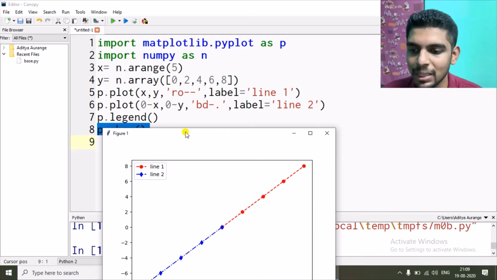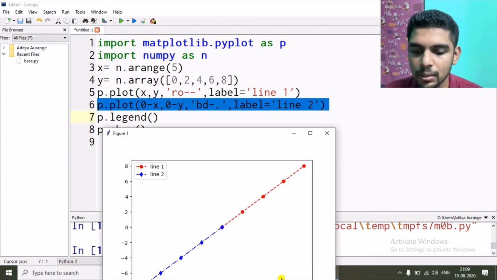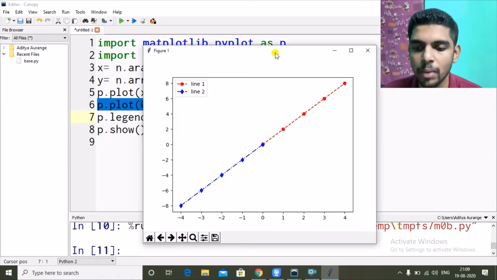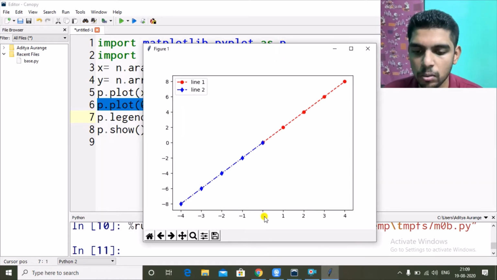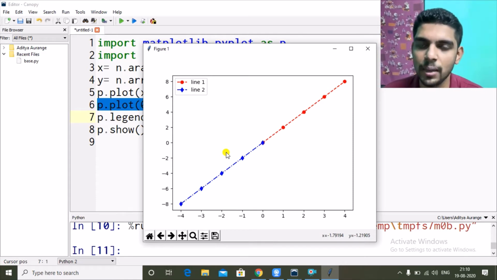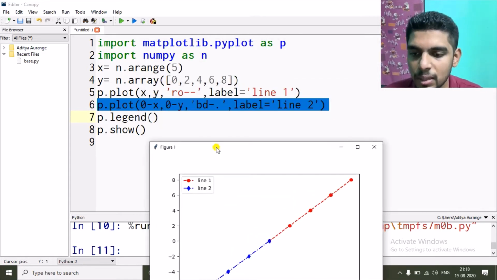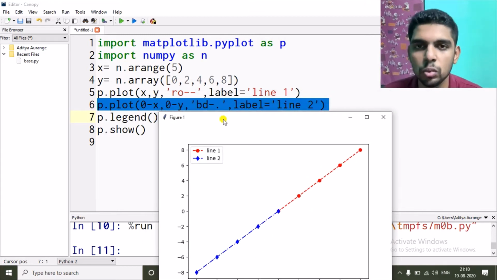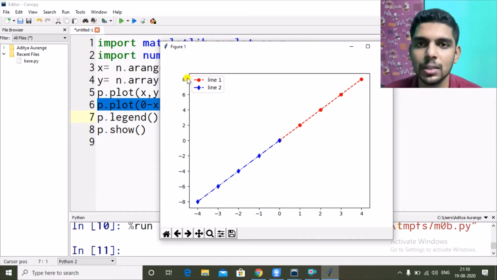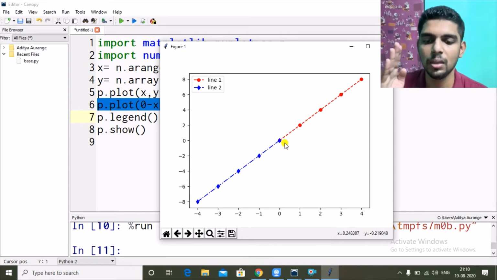So the next, this second plot line chart is plotted against 0, -1, -2, -3, -4. So see, here is 0, then -1, -2, -3, -4. And our y also is 0 minus y. Here if you can see 0 minus y. So our y value was 2, 0, 2, 4, 8. Same, 0, -2, -4, -6, -8. So this point where my mouse is 0, 0, and this is -1, -2, like that, going down, and this is the line 1 which is going up.